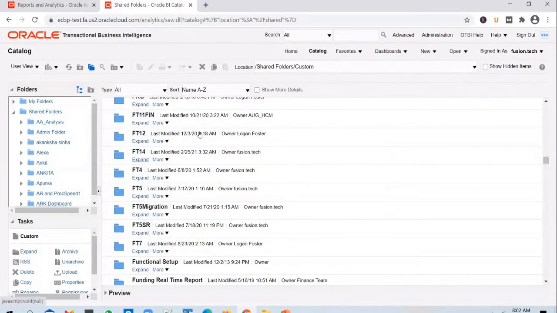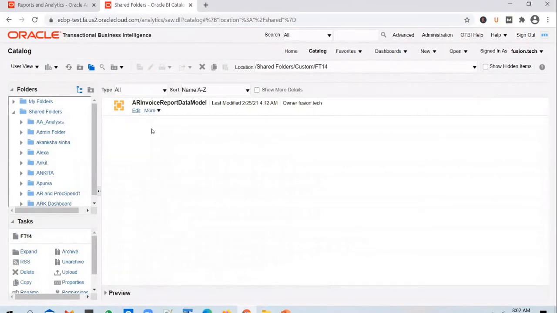We created the safety 14 folder. And in this folder, we created a data model yesterday. So we have started off with a data model build.